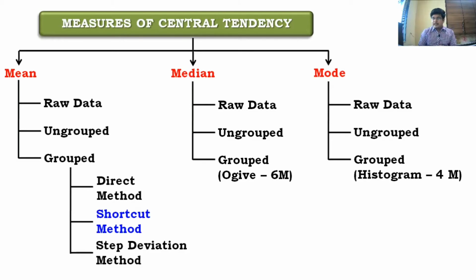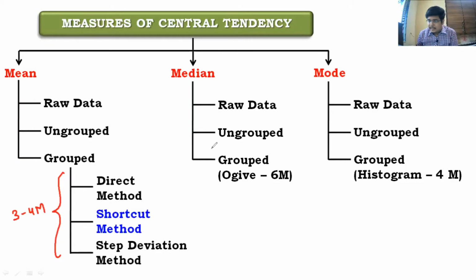Now here, coming to the weightage, the reason why I was saying that this is one of the most important topics of our syllabus. If you look at this, mean, there are total 4 questions. There are total 4 questions which will come in the board exam. Now out of those 4 questions, the first question is mean and grouped data. So from grouped data, for mean, there are 3 methods. So they will definitely ask one question. So the weightage becomes 3 to 4 marks for this part.